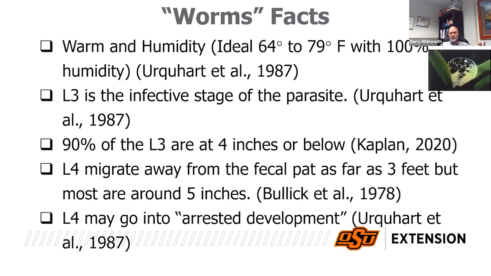There's two things that happen that keep this worm from dying out. One is that arrested development. The other is that the L3 is very resistant. It has a double sheath because it never loses that cuticle or skin when it molts to L3. The L2 sheath stays on it, and that protects it from the environment. And that's two important ways that it is able to maintain its life cycle, and we don't get rid of it completely.